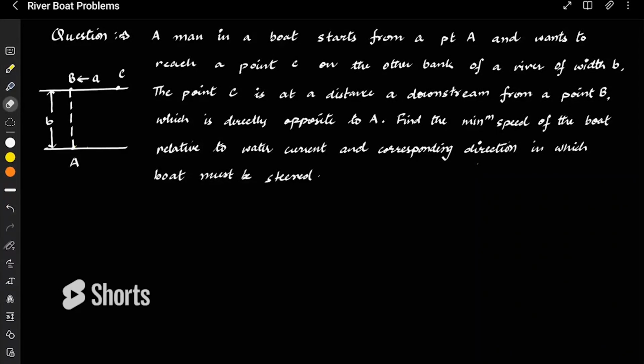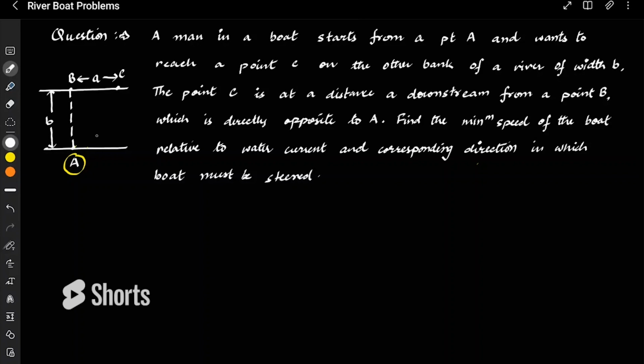This question is from one of the interesting books and has a very unique solution. I encourage each one of you to pause this video and try this question on your own. This question states that there is a man who is at A and wants to reach C, and C is